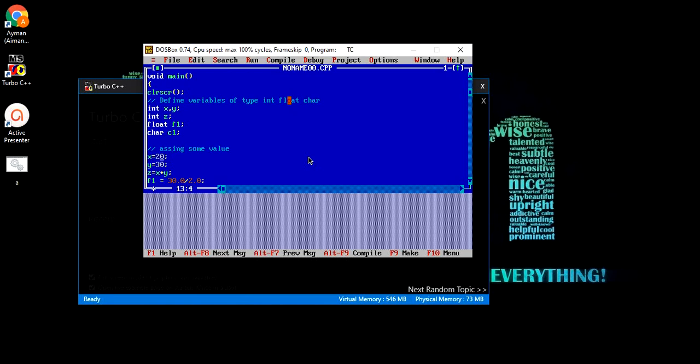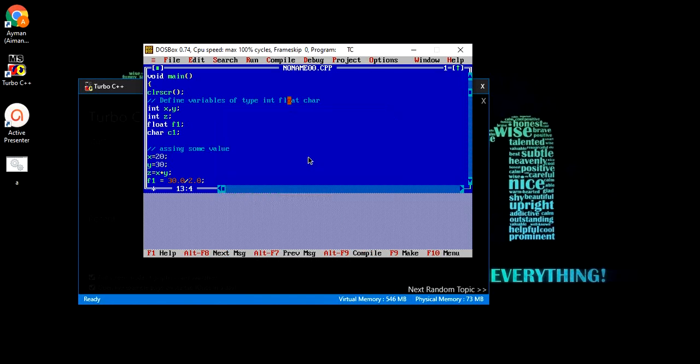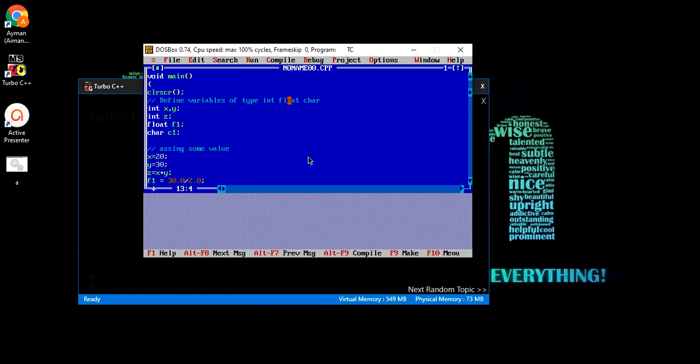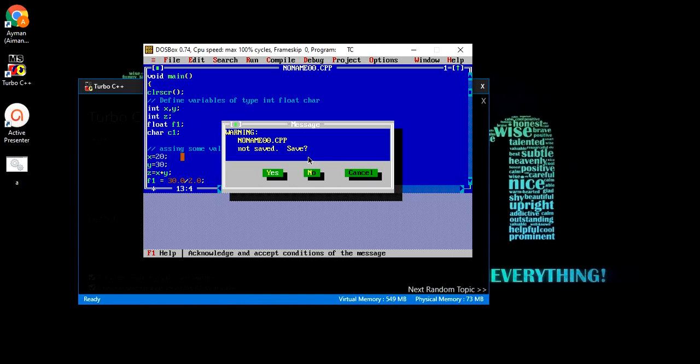Every time we encounter CLRSCR, it will simply clear the screen and then continue the execution. Now let us see the output. We have updated the value of x, it is now 20. So in this way we can define variables, assign values and print them, and we can use the CLRSCR method of conio.h.